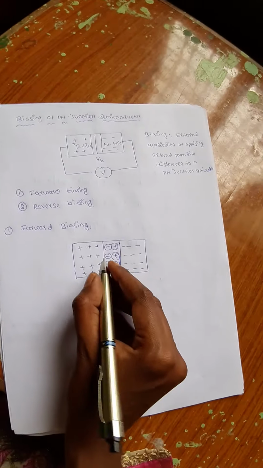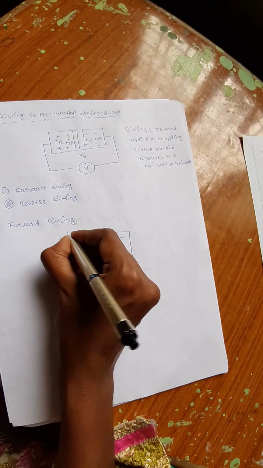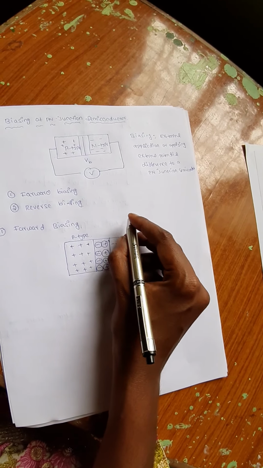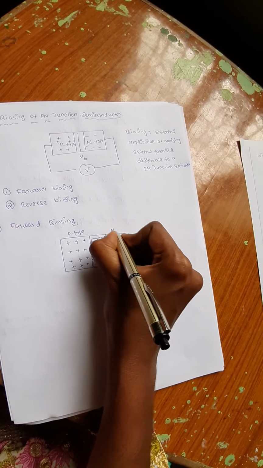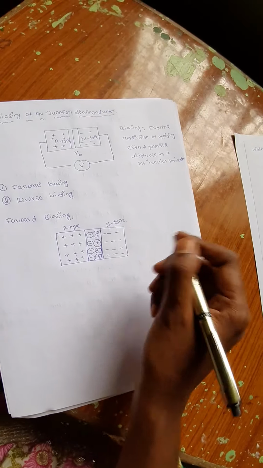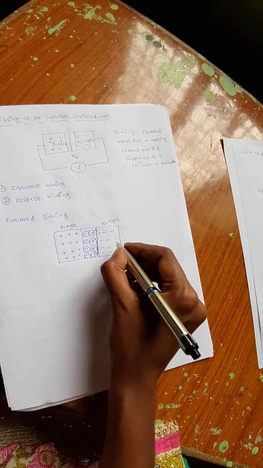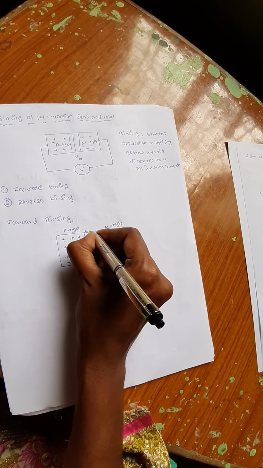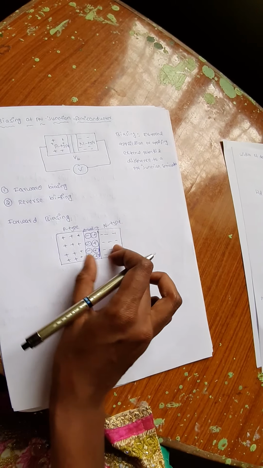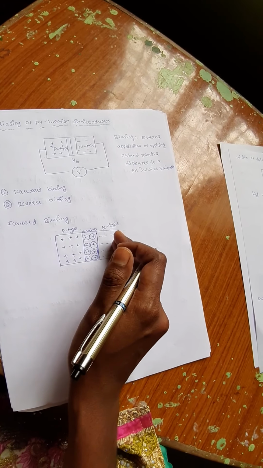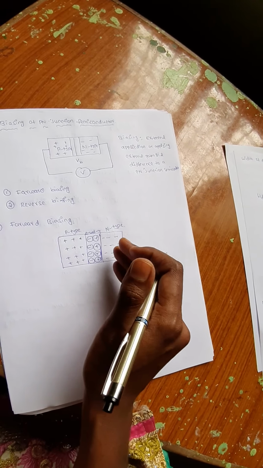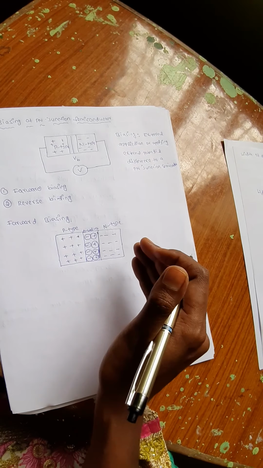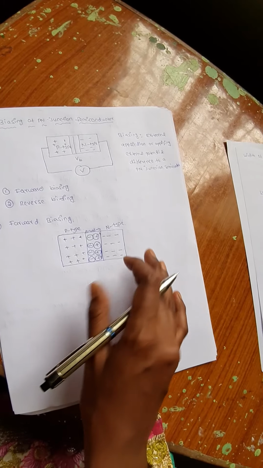Okay, so this is a positive ion, so it is a p type semiconductor material due to the trivalent impurities added, and this is an n type semiconductor due to the pentavalent impurities added to an intrinsic semiconductor. So the width of this is nothing but WD, and this flow is due to the majority carriers, which is the diffusion current, and the minority carriers produce a current that we call the reverse saturation current.